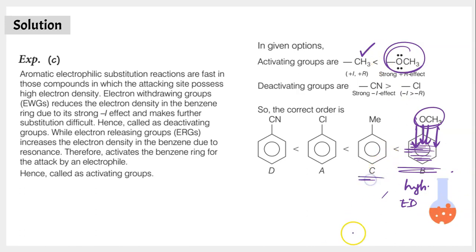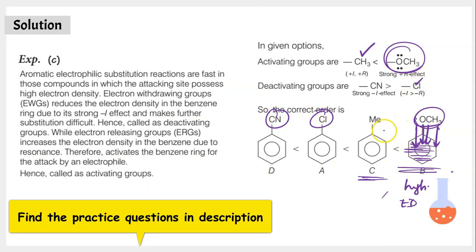And then comes the methyl group. As we already know, C and B are more reactive than A and D, isn't it? So first comes B because of its highest activating capacity, then comes C because of its second highest activating capacity. Now out of chlorine and cyano group, chlorine is a little lesser deactivating and cyano group is a little more deactivating by nature, which means the cyano group is highly deactivating, so it is taking away a lot of electron cloud from benzene. So benzene has turned very much positive over here, as a result of which its reactivity towards electrophilic substitutions has reduced. So this is the molecule with the least reactivity towards electrophilic substitution.